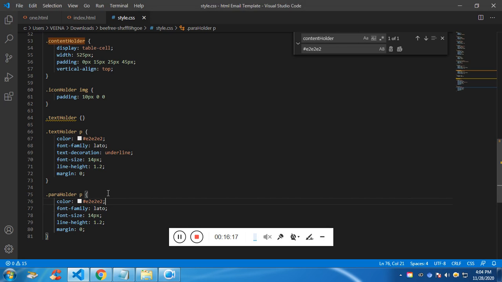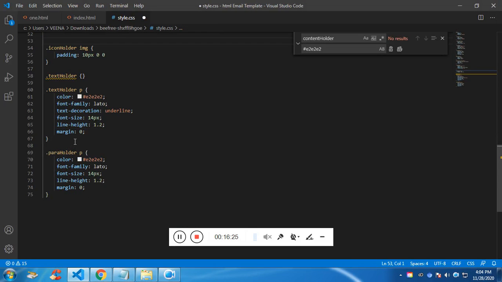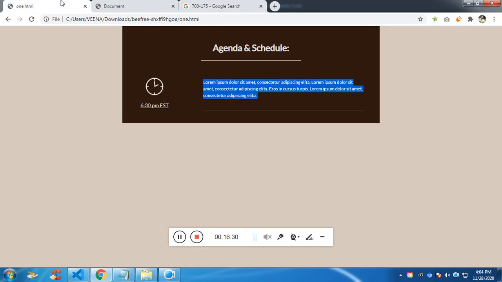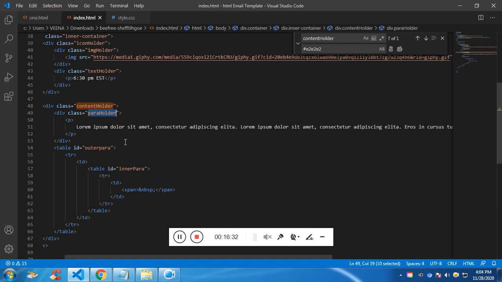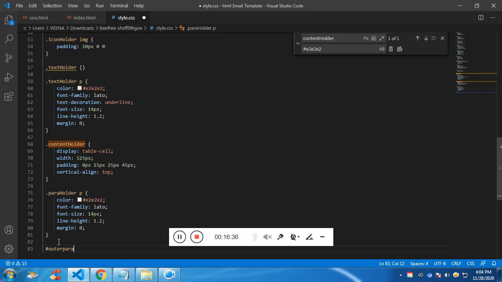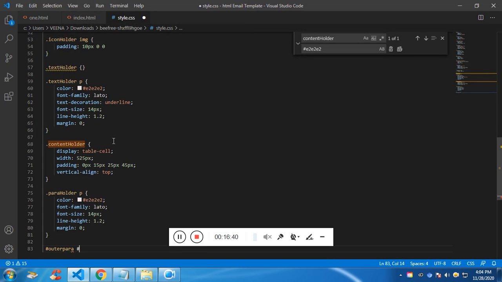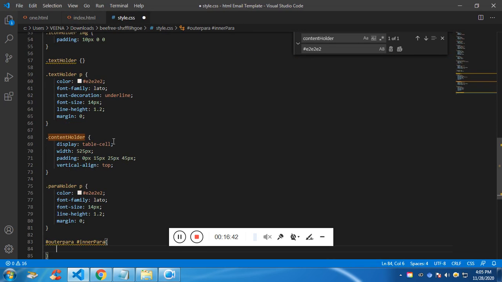And we don't need padding that much. And now this is table, it has another table beside it, and we have to give width to it,